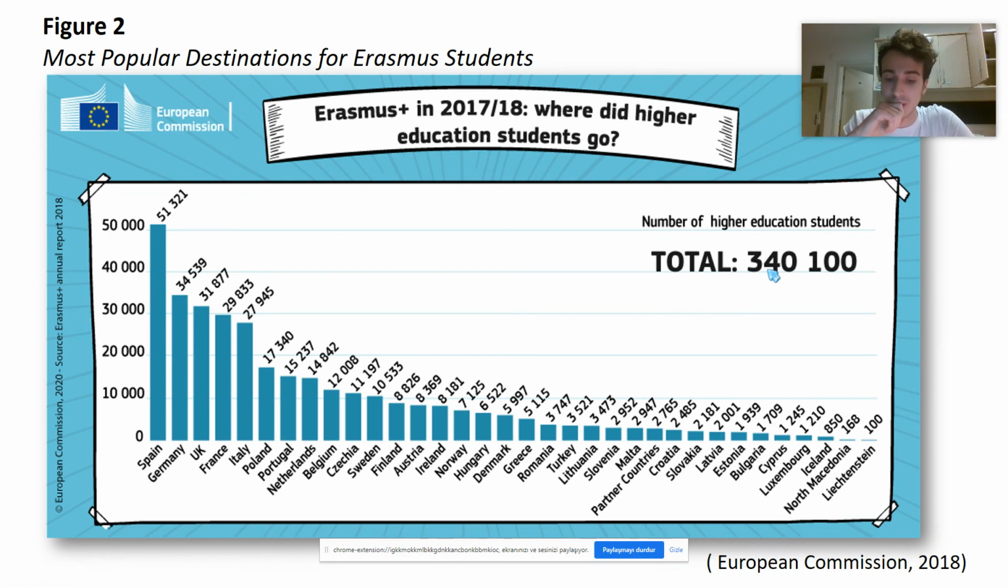In conclusion, we can observe the exact number of Erasmus students and how they are distributed to Erasmus countries. Nearly 35 Erasmus countries in the period of 2017 and